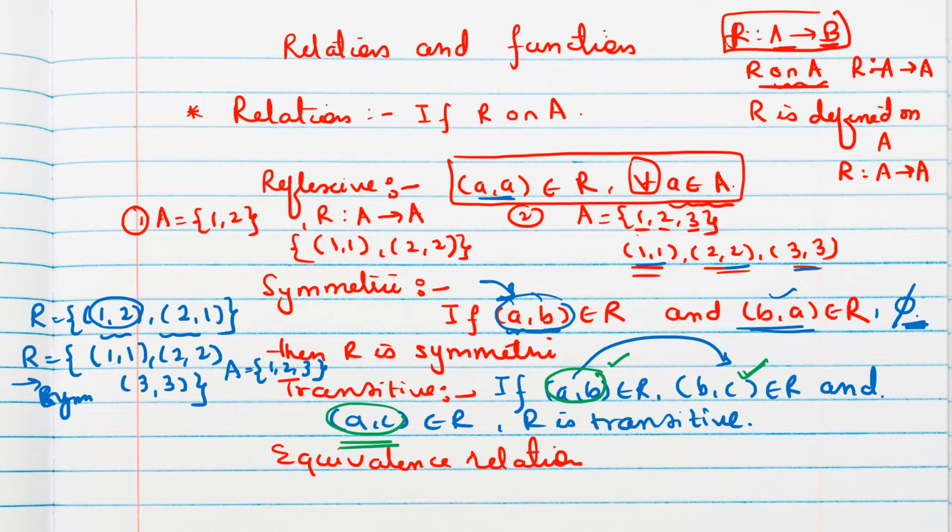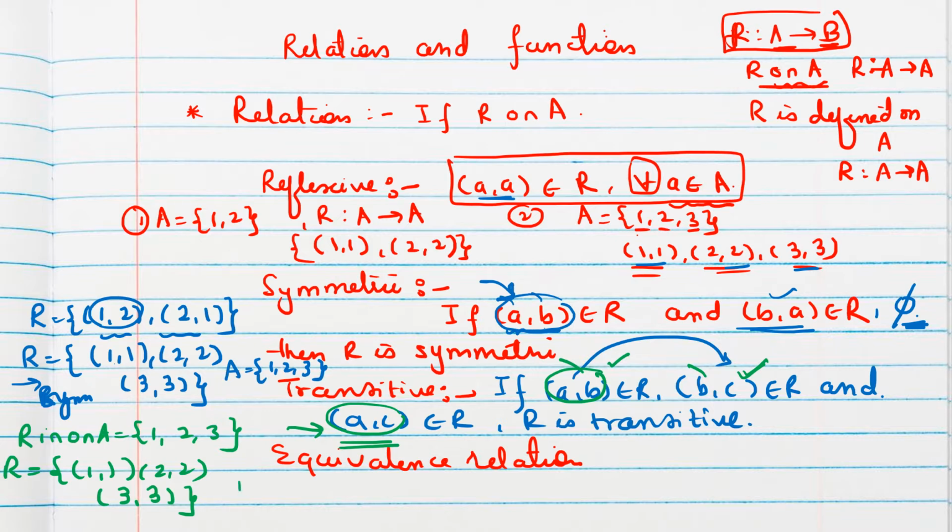For example, if R is defined on A, that is 1, 2, 3, if I'll consider, okay. So the given relation which I gave before also, this is transitive. Okay, this is transitive because a b, b c type elements are not there. So there is no question of checking for a comma c element type. Okay, that means by default it will be transitive.